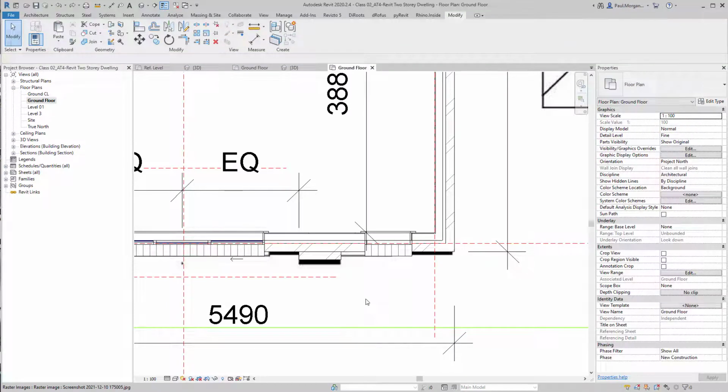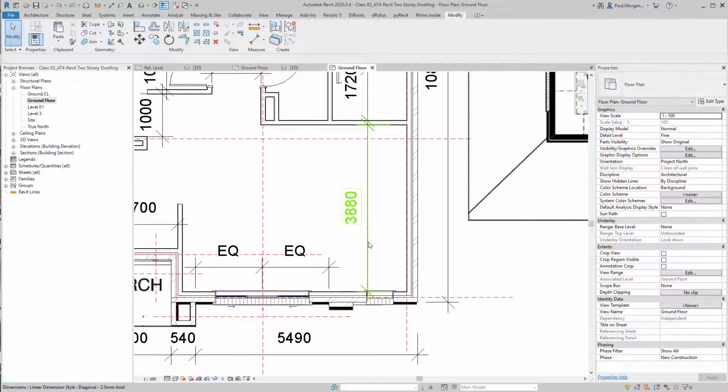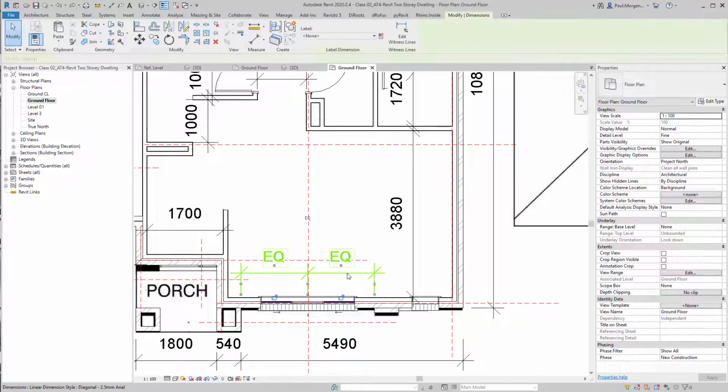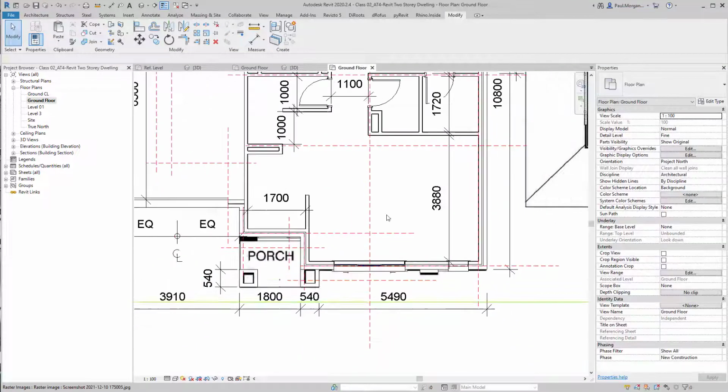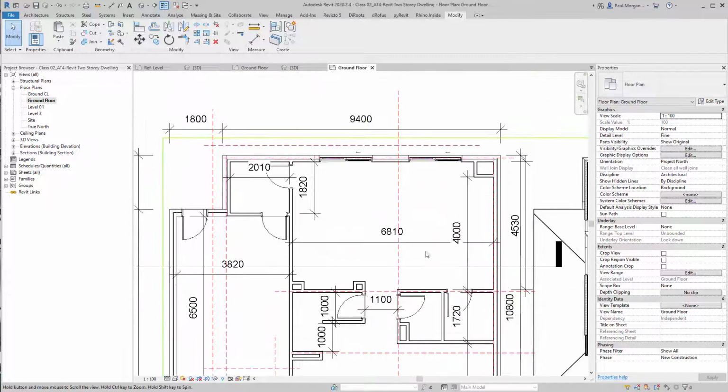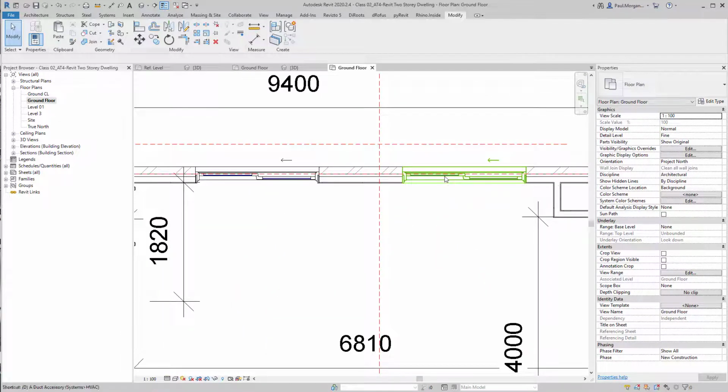To be honest, I generally just hit unconstrained, because that way you may lose track of what is and isn't constrained. So if I do that one again, delete that dimension, and I just click unconstrained. That's usually just a habit that I use. So those two are now rationalized. This one over here